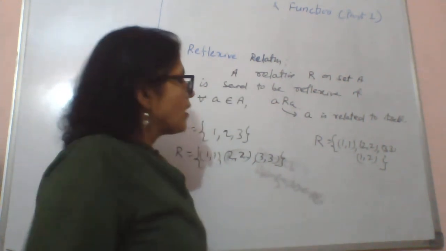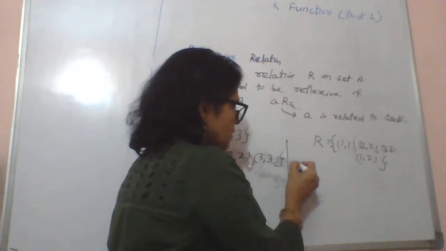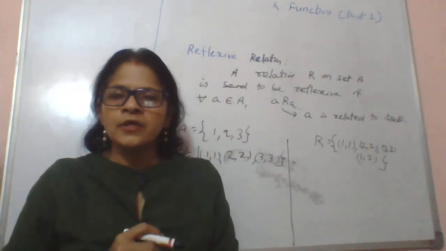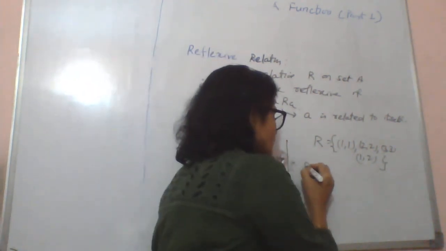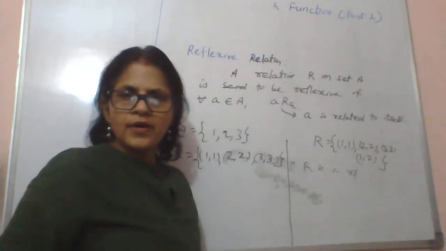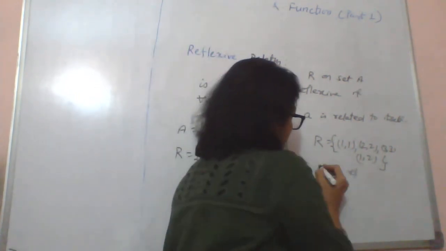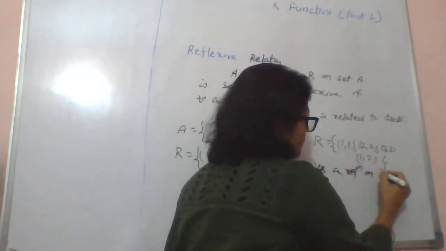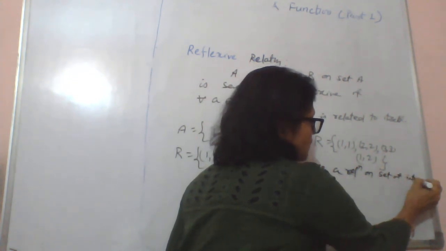And I can also take a few more examples of reflexive relation. First example, on the set of numbers, if I say equality, it means R is a relation on the set of integers Z defined by